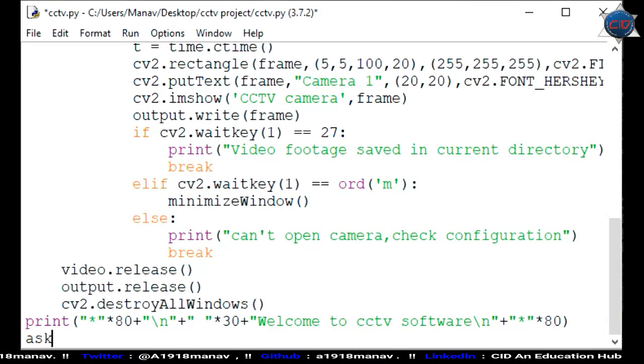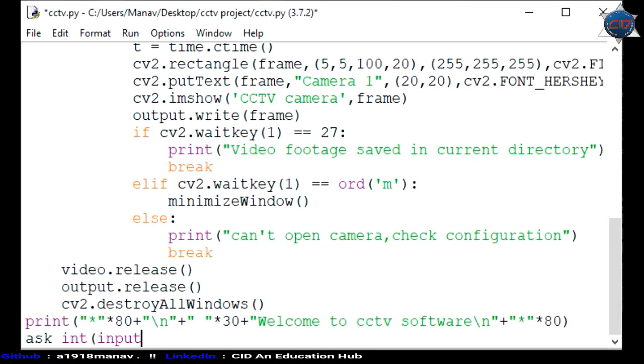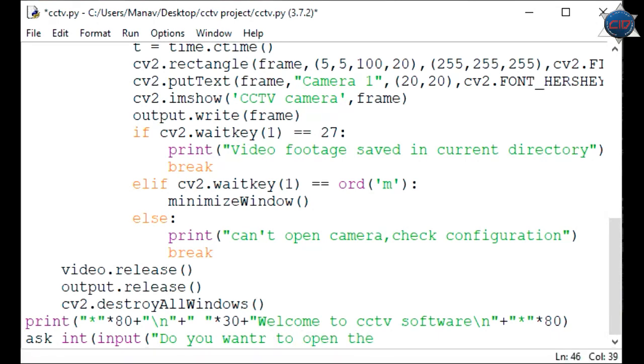And now I will get input from the user in int format, asking "Do you want to open the CCTV?"